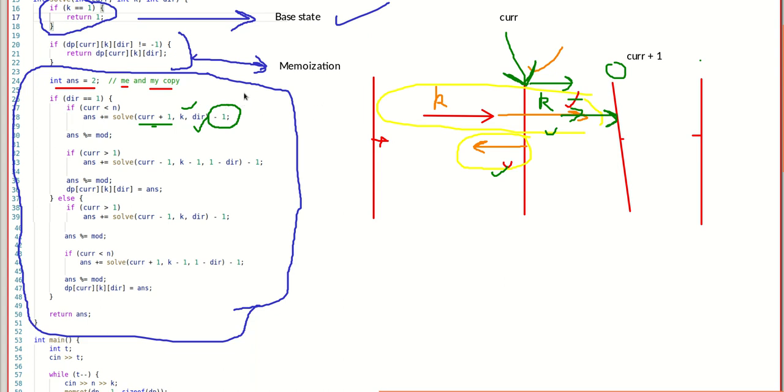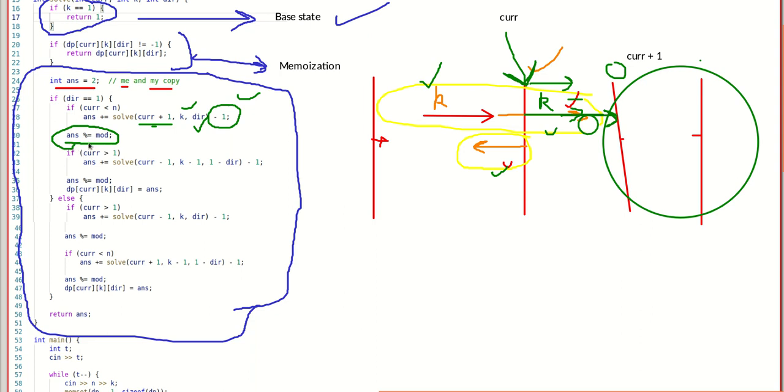So why is there a need for minus 1 here? Because I don't want to count this particle again and again. I don't want to count this one again, because it was already calculated here. I already explained in the note section that this is just describing the trajectory of the particle, right? So we have already counted it here, so we won't count it here, and we will count just the other transition which will happen over here. But we don't need to worry about them because DP takes care of them. So this was the first case, and obviously we are taking answer mod because the answer can be greater than our limits. This was the explanation of my first case.